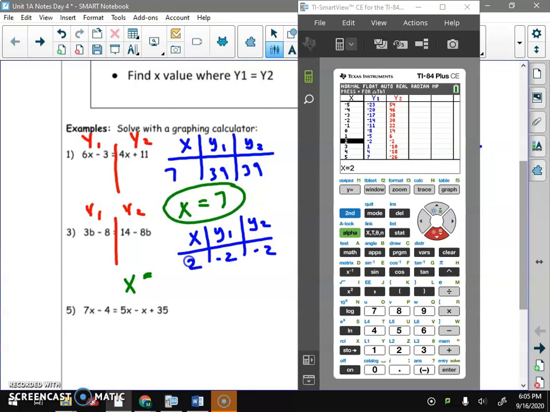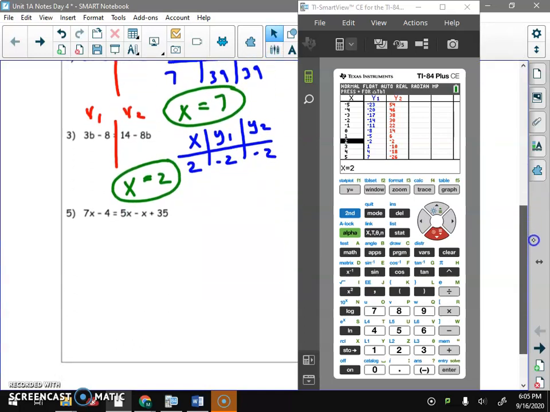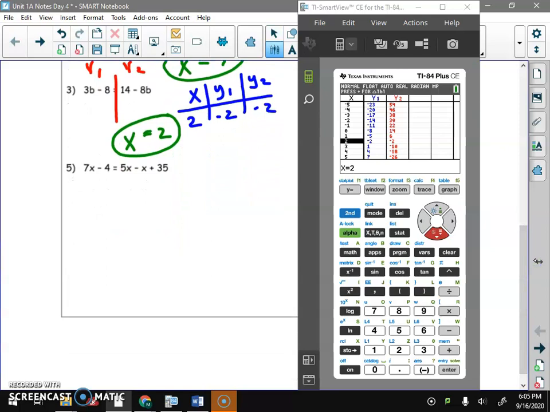And which one do we want? We want the x value, x equals 2. One more for practice, example 5. Great Wall, y1, y2, x, y1, y2, x equals